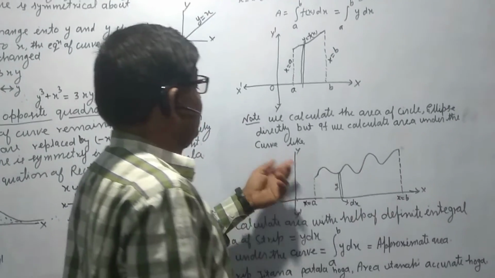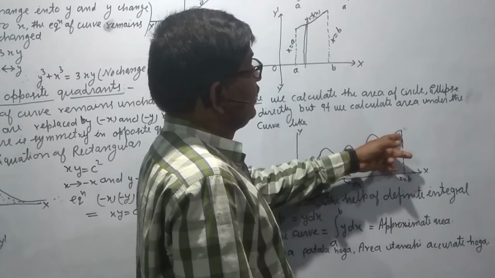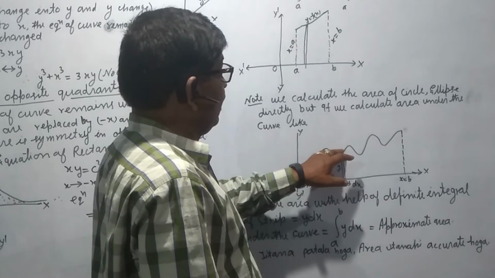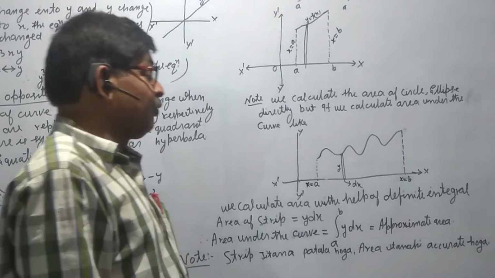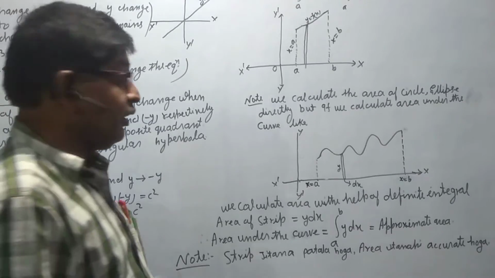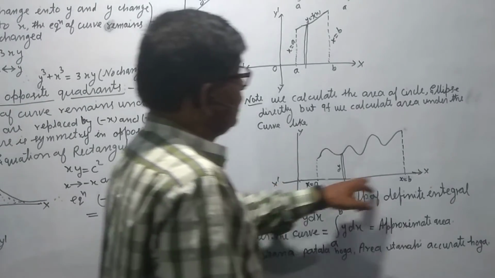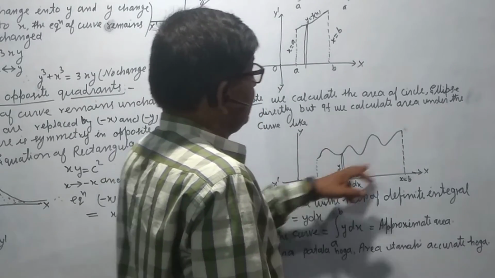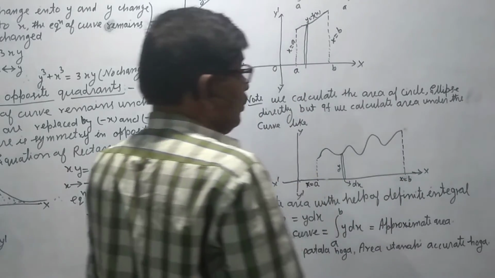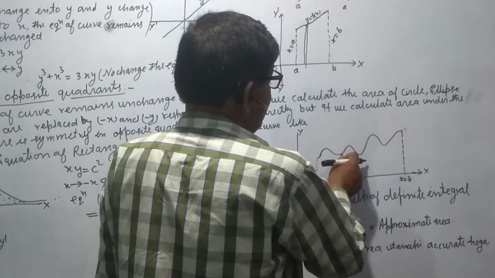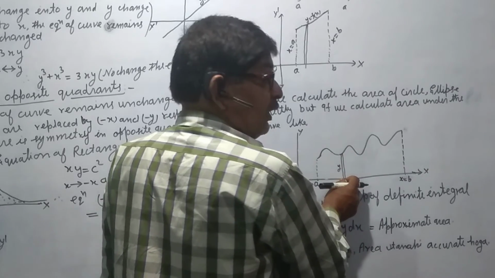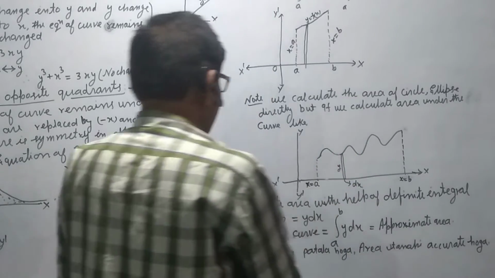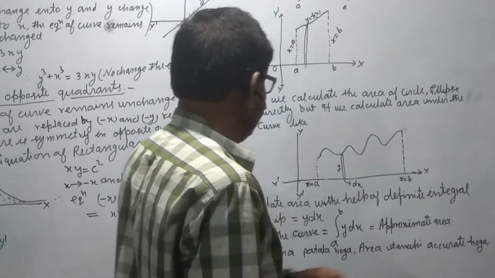if we calculate the area under a curve, a curve like this, such types of curves, then the area under this curve can only be calculated with the help of a definite integral. Here in this case, this is x and x dash, y and y dash, this is x equal to a and this is x equal to b. We take a strip here, a strip dx very small, बहुत पतला लेते हैं. This is y, so that we calculate the area with the help of a definite integral.